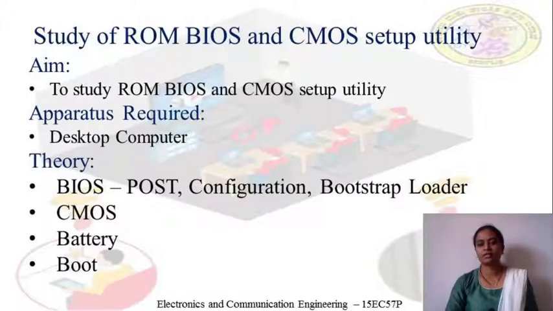So it needs a continuous power supply. Can you keep your system continuously powered on? No, you will keep it only when you are working on it. But this CMOS requires continuous power supply. Then how will I provide that power supply? I use a battery. So you might have observed, if you have seen in the second experiment, there are small coin cell batteries numbered as CR2032. These batteries provide power to the CMOS so that it can keep the configuration settings intact.